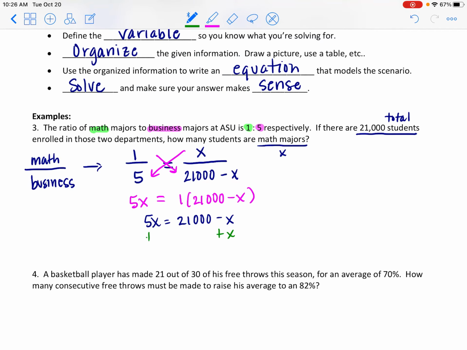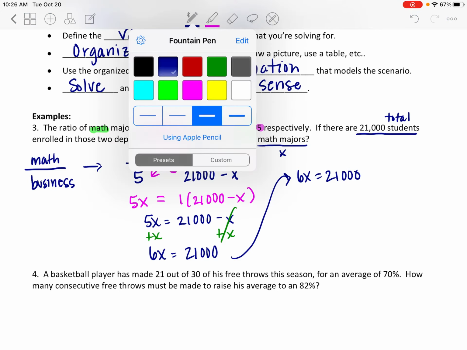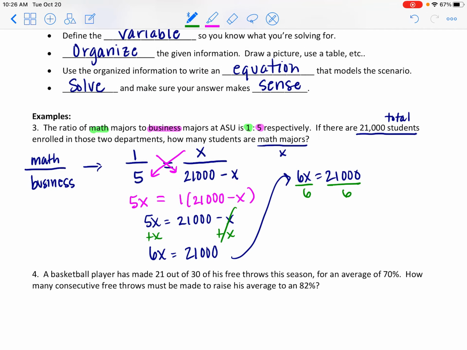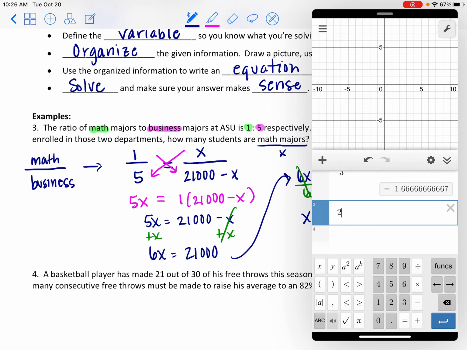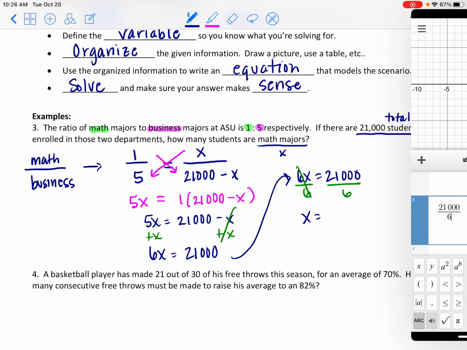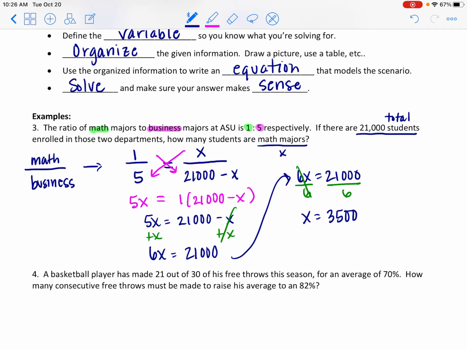If I add this one over, we're looking at 6x equal to 21,000, and then we're going to divide both sides by 6. So if I have 6x equal to 21,000, again dividing by 6, I should come up with my answer. And 21,000 divided by 6 is going to leave me with 3,500. So if this was out of context, we would just box that in as our answer, but that 3,500 represents the math majors. That's what we called x. So we have 3,500